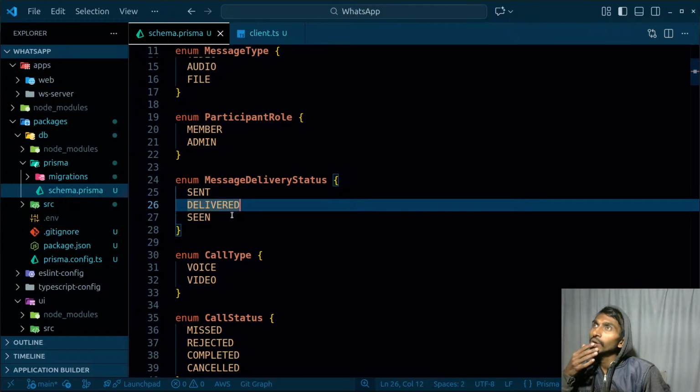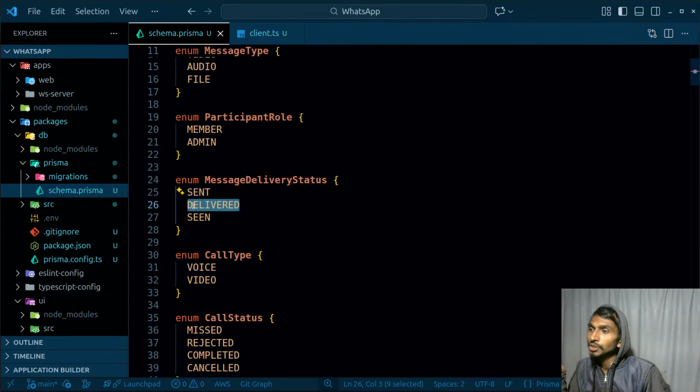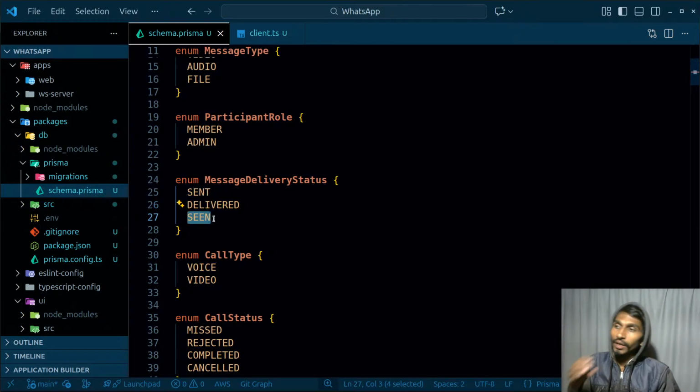So kind of if the user is online, only at that time the message is going to be delivered. And seen in the sense user clicked on your particular chat and